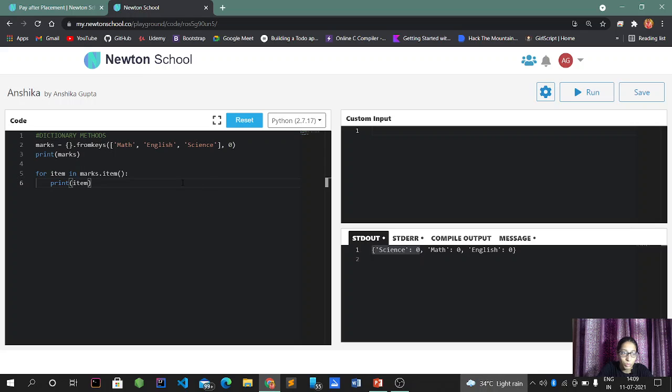Now what if I have to execute it again, like print the list and I have to sort it. Then comes marks.keys. Okay, that is what the combinations are being done.